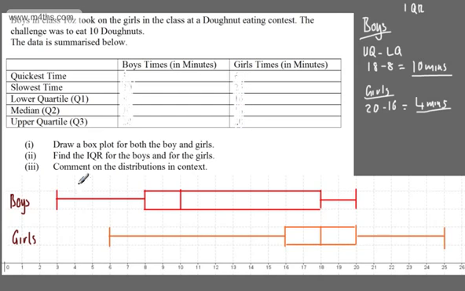We can say the quickest person was a boy at 3 minutes to eat the 10 donuts. The slowest person was a girl, and that took them 25 minutes. The median time for a girl to eat the 10 donuts was 18 minutes. The median time for boys to eat the 10 donuts was 10 minutes. 25% of boys took 8 minutes or less to eat this. 50% of boys took 10 minutes or less. 75% of boys took 18 minutes or less, and then 100% of the boys had been finished now in 20